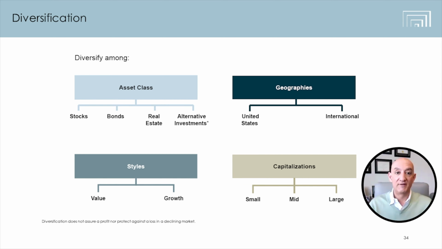The way to diversify is you want to diversify across the asset classes that we talked about, the categories. Then you want to diversify geographically, in the United States and internationally. You want to diversify through capitalizations, have small cap, mid cap, and large cap. You also want to diversify between styles of investing, growth and value. And what those are: growth stocks are companies that generally are growing faster. They're putting the money back into the company to continue to grow. They tend to trade at a higher multiple. Value stocks are companies that may pay a dividend. They trade at a lower multiple and are considered to have more value.